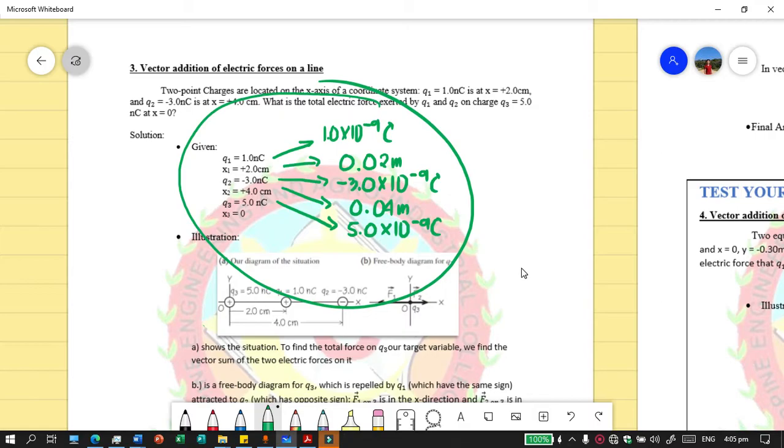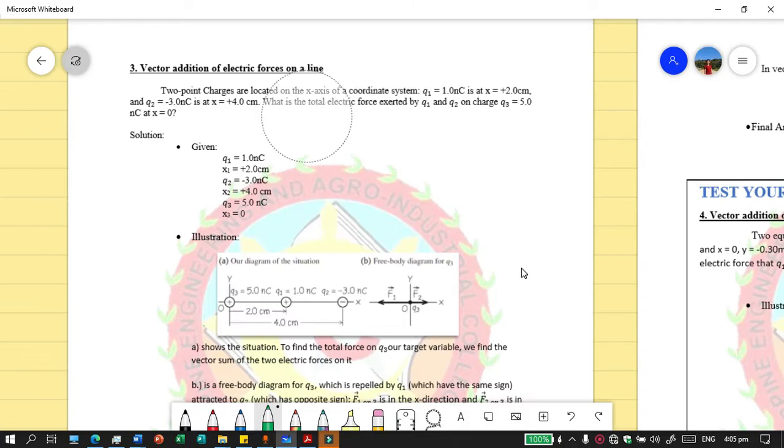Okay? So, let's proceed with the illustration na meron tayo dito. So dito sa illustration natin, we have diagram A and diagram B. Dito sa diagram A, pinapakita dito yung current situation, kung saan yung position ng charges natin at ano yung mga distances nila towards each other at yung mga charges that they carry. Okay? So mapapansin natin dito that